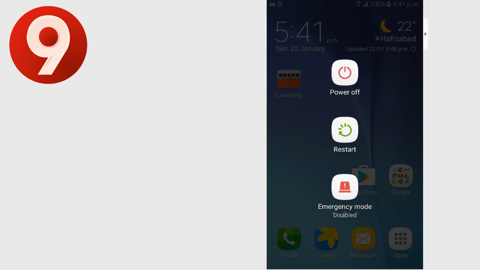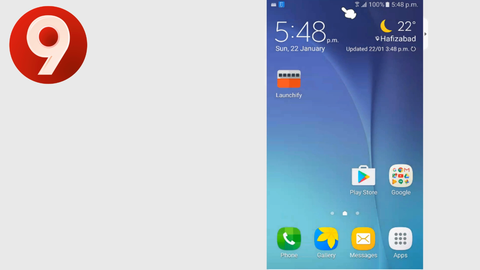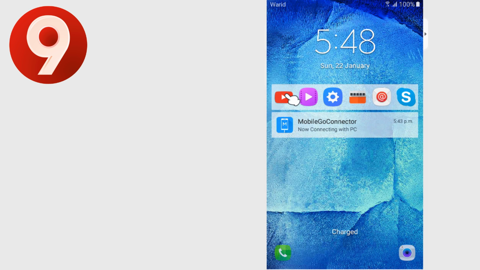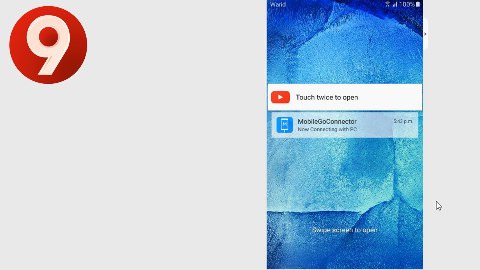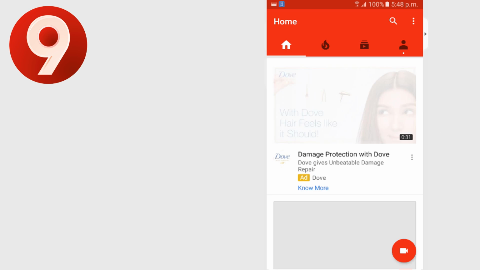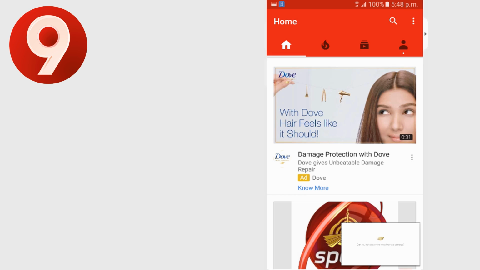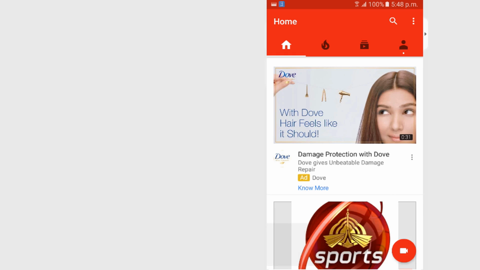After you complete the step, it's time to restart your Android device. After the restart, you can easily access your favorite apps on your notification panel as well as the lock screen. So that was the easiest method how to launch your favorite and most used apps directly from your Android device lock screen as well as the notification panel.